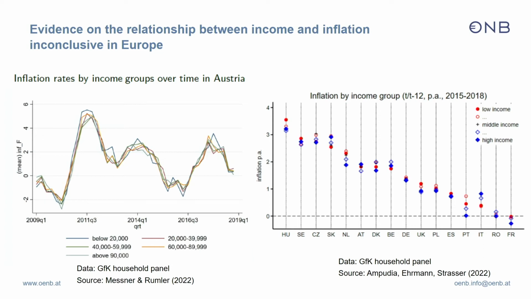So what is behind this heterogeneity? A natural candidate is income, right? And here we plot for Austria the inflation rate of different income groups. And as you can see, it doesn't look very different across income groups. Maybe the only thing that's striking is that when inflation is high, it's always the lowest income group that has the highest rate of inflation, which is actually the case, or should be the case right now. But overall, there is not a big difference. And again, I have to emphasize, this is confined to these fast-moving consumer goods.